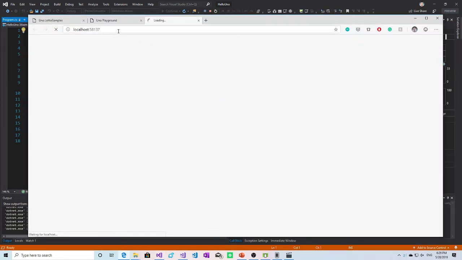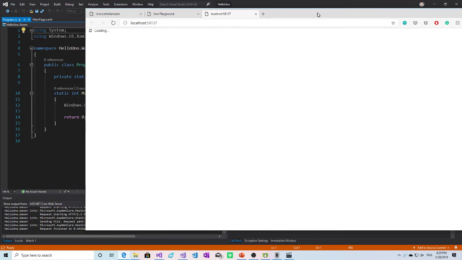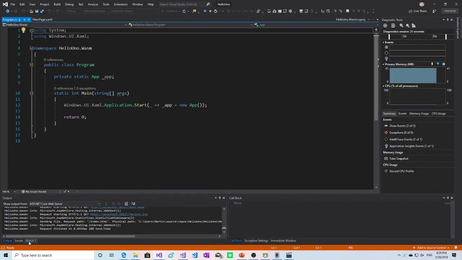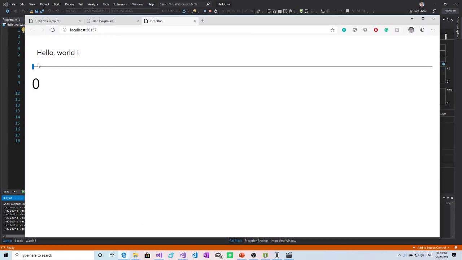It takes some moments to attach to the debugger, and we should see the same UI again. Yeah, that seems to be finished now. That's great. So we have the slider, data binding, and everything running in the browser directly on the client.